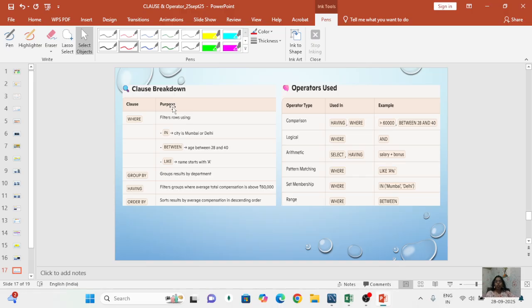So what we conclude here, clause breakdown, you will see: WHERE, GROUP BY, HAVING, ORDER BY. Okay, WHERE filters the rows, as you know, and GROUP BY groups the rows by department, and HAVING filters the grouped aggregate columns. So in our question, filter groups where the average total compensation is more than 60, and ORDER BY sorts the rows by average compensation in descending order. Okay,